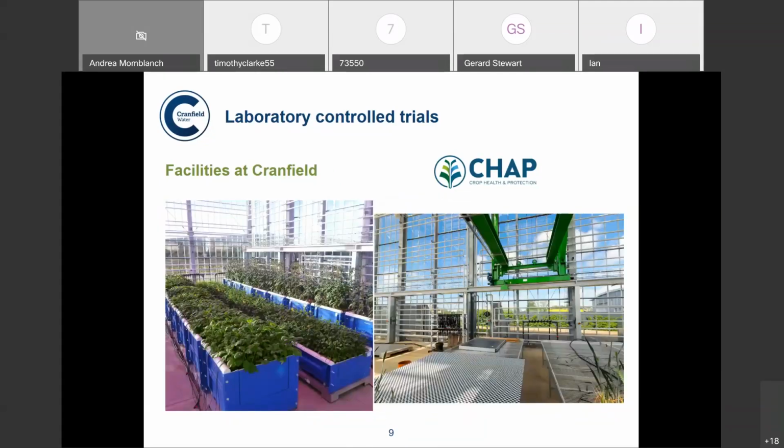That greenhouse allows us to grow different crops with controlled day length. It has multiple sensors to monitor biomass growth, temperature, etc. And it also has irrigation control, measuring the weight evolution of the different plots in which the crops are growing. So it's a quite high-tech facility that we have at Cranfield and that we used specifically in our study to grow the plots that we used for the infiltration